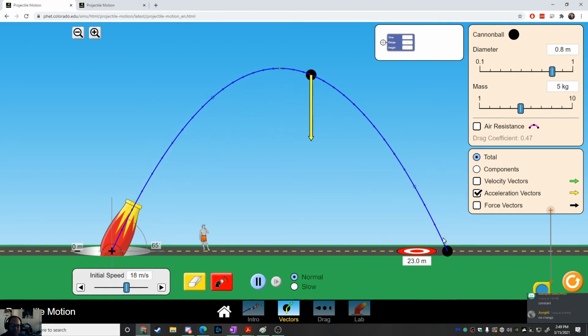And this is the total acceleration vector too, right? Okay, does it look like it has a y component? Has a y component, right? Does it have an x component? No x component, right? Okay, so we've now basically hit on all of the major points just by playing around